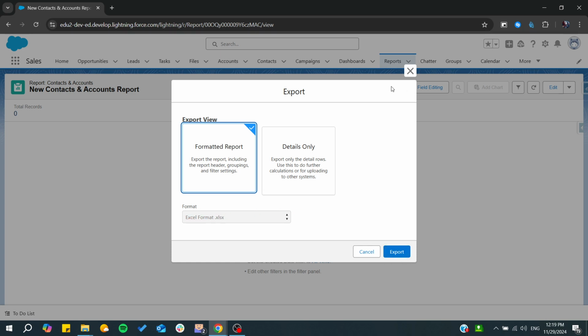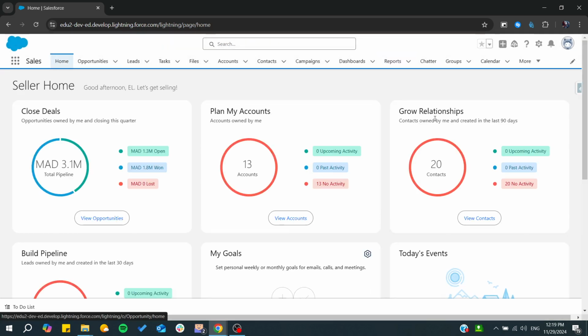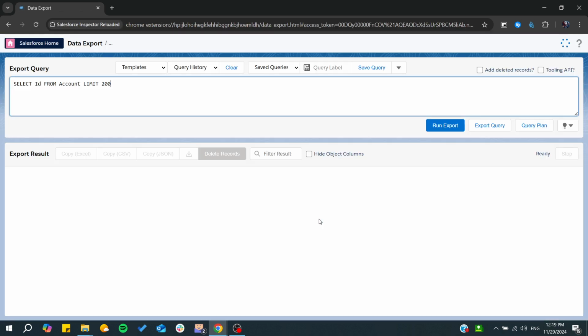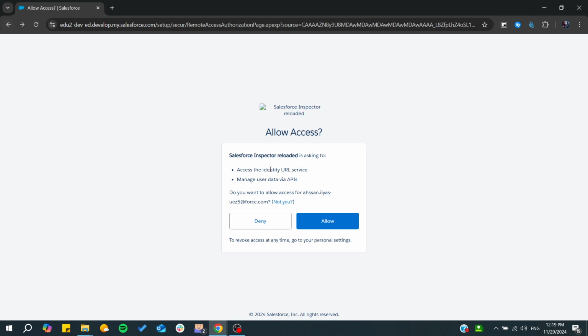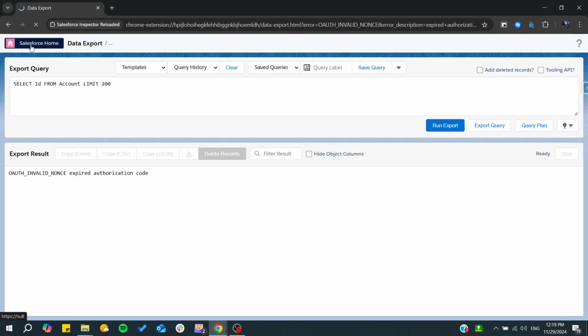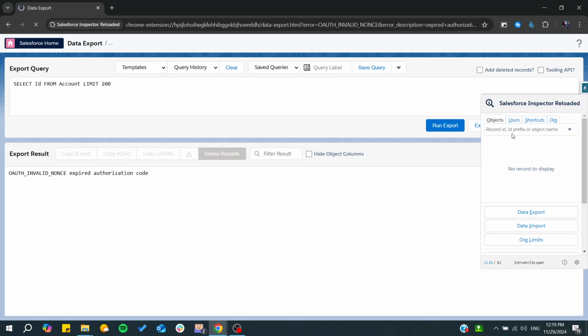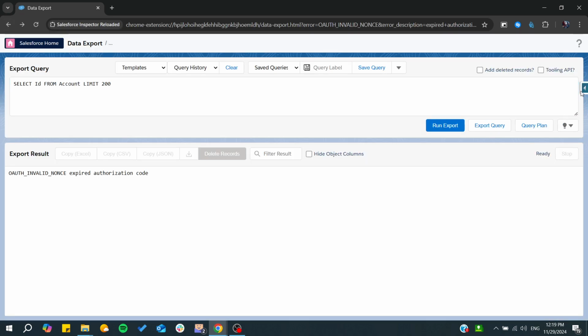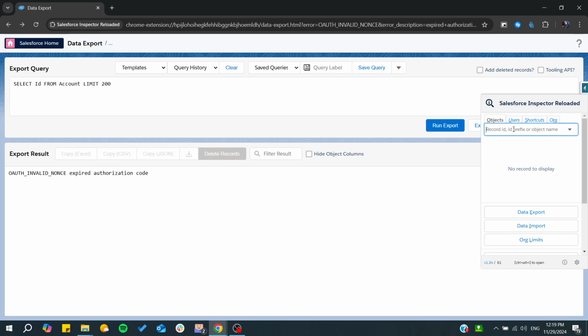You click on export. Another way to do it is by using this Chrome extension. So let's just go like that and allow, and basically from here, let's go back to our home, and simply we need to go here and search for contact. We need to search for contacts in our Inspector Reloaded. So this is our object,